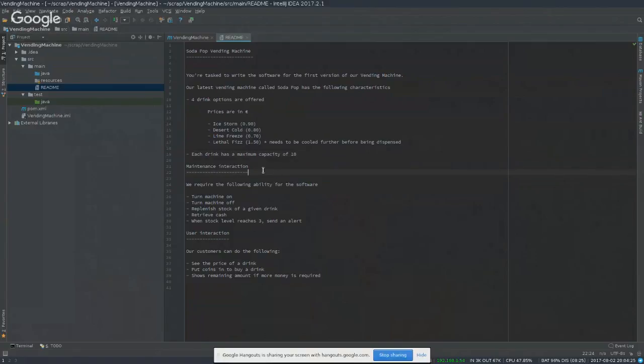Okay. Now they've also tasked us, from an interaction point of view, with 2 ways to interact with this machine. There's a maintenance interaction. Mostly this will be for the technicians that go and sort out any kind of technical problems with the machines, or who replenish the stock of the sodas. For that kind of interaction, they have required that the maintenance people should be able to turn on the machine, of course, and turn it off. They should be able to replenish the stock, and they should be able to retrieve the cash. And